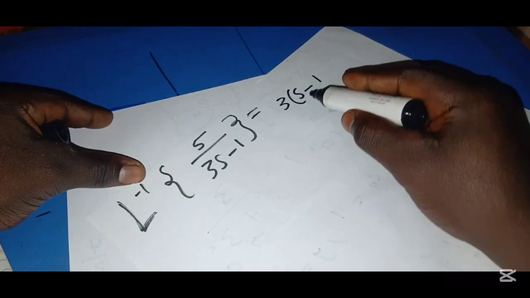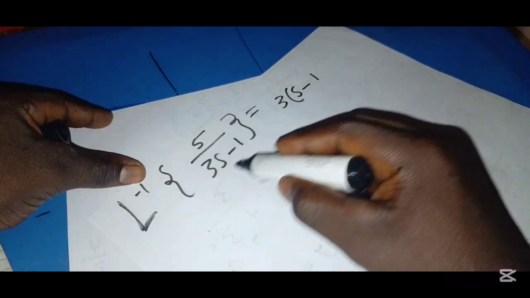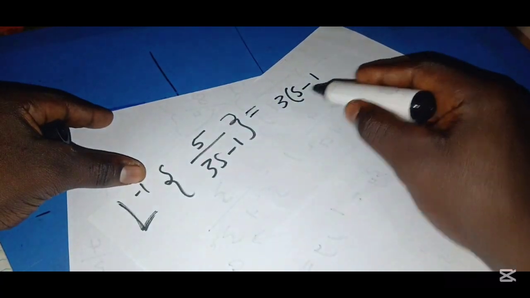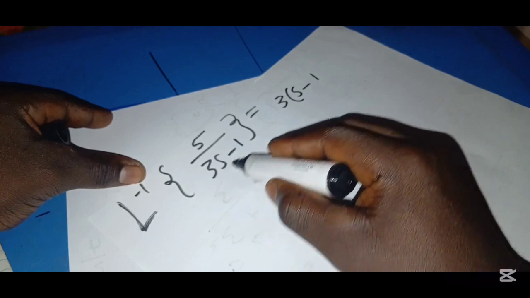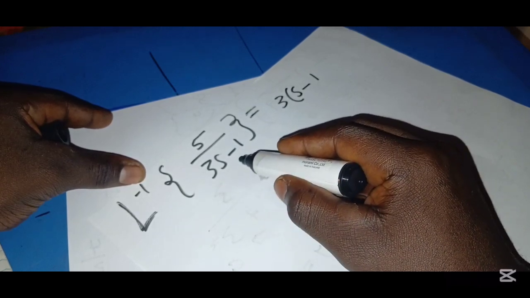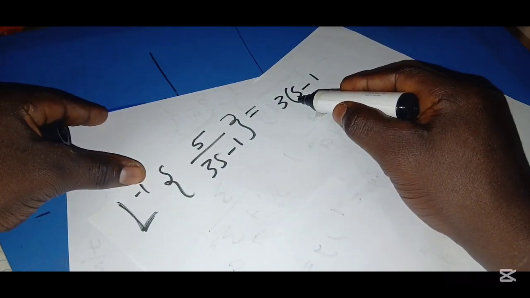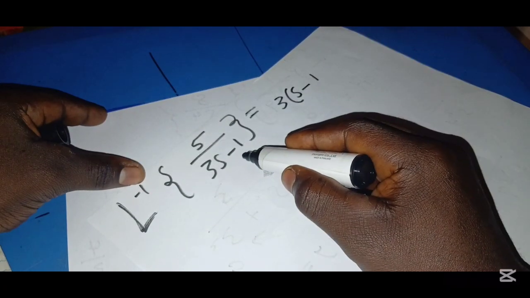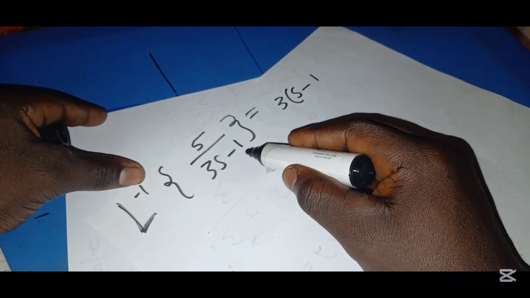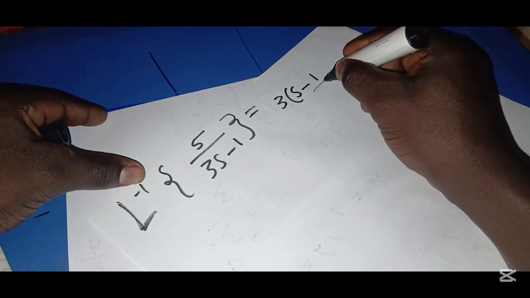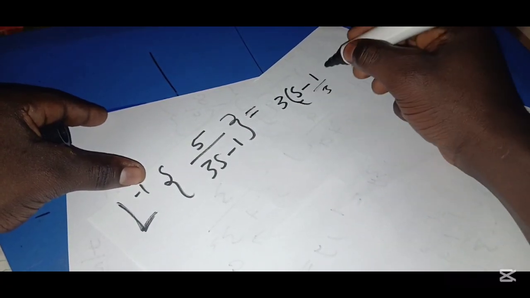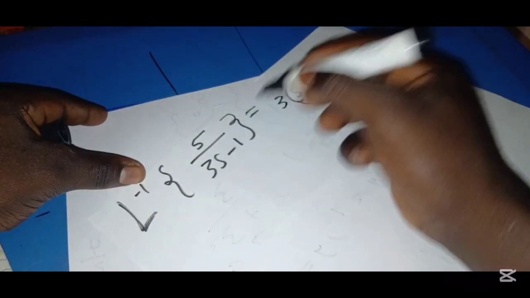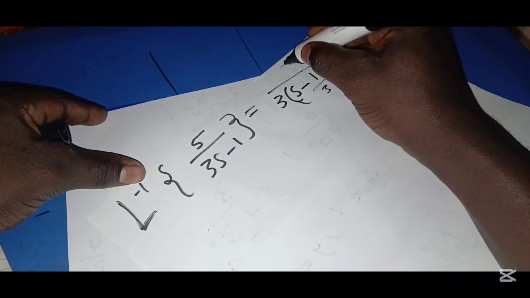But if you factor everything out, when you multiply or simplify it again, you should get what was there. So 3 by s will give me 3s, and 3 by minus 1 is giving me minus 3. In this case, this place is not supposed to be minus 3. So I'm supposed to divide this side by 3 so that if you multiply, we get the same thing here. So 5,